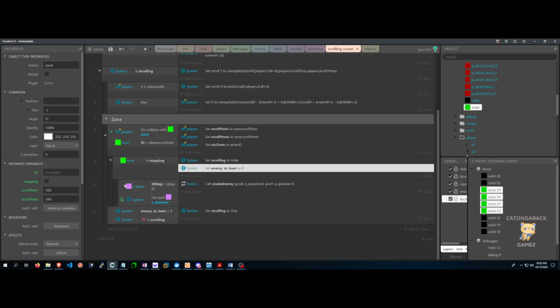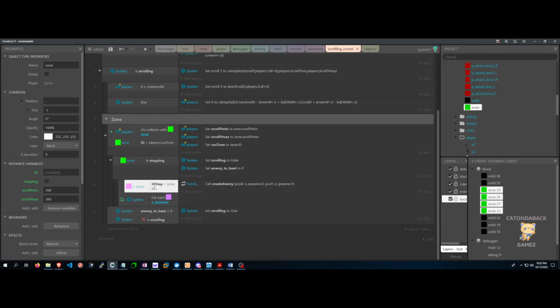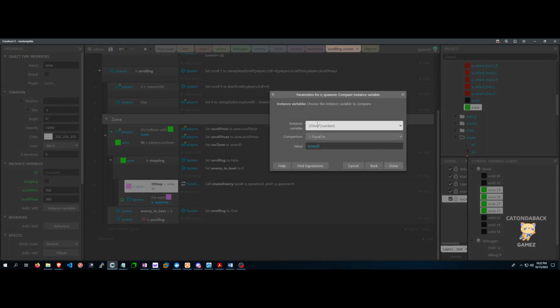And then after that, it goes into this for loop right here. It basically checks the zone ID. I have another object in the game called eSpawner, which is the enemy spawner, and I have an instance variable within that called ID step. And what that does is it checks to see the ID of the